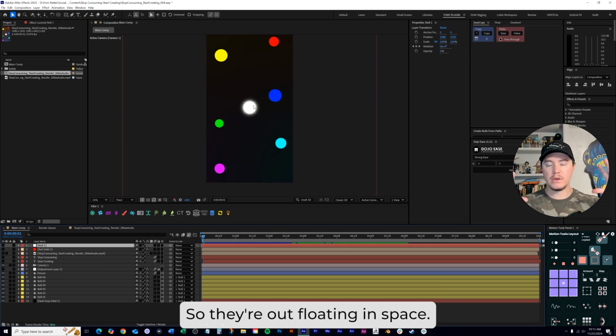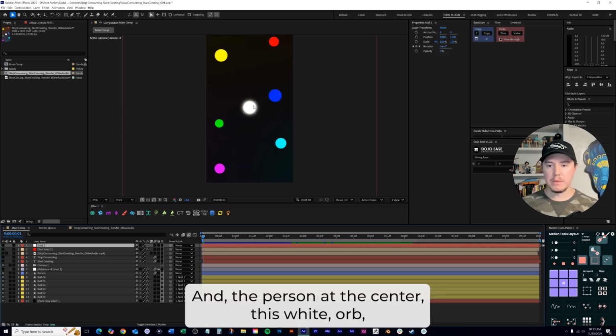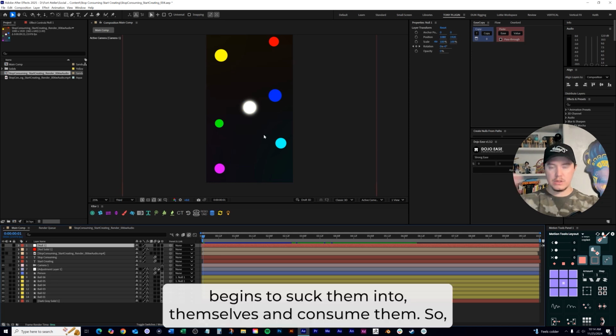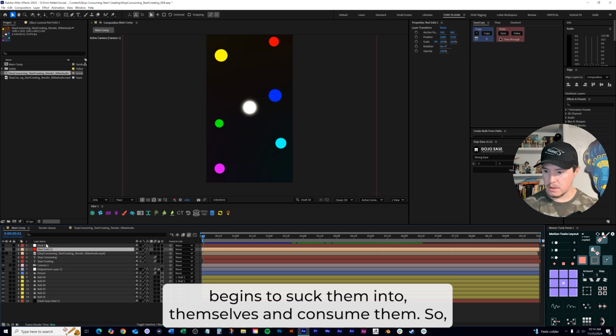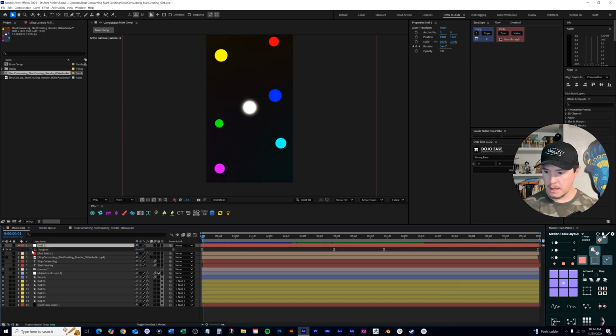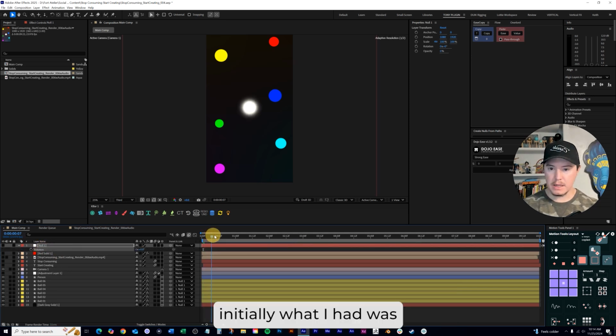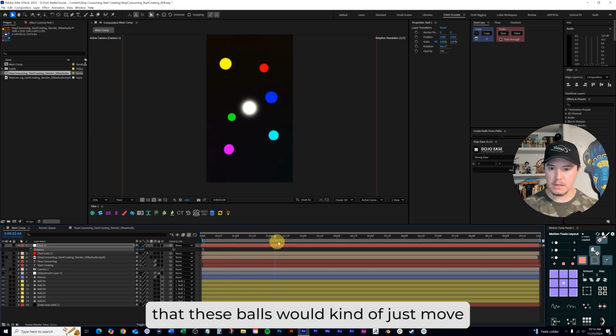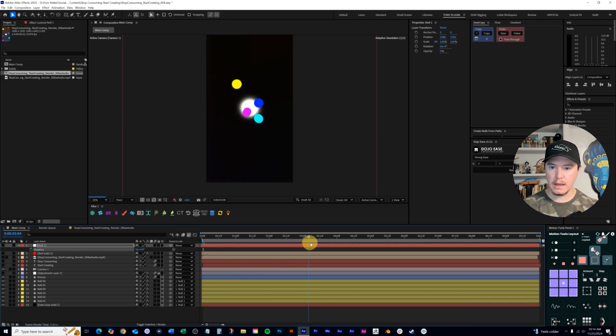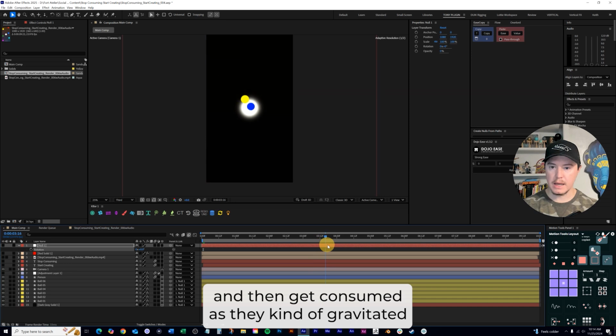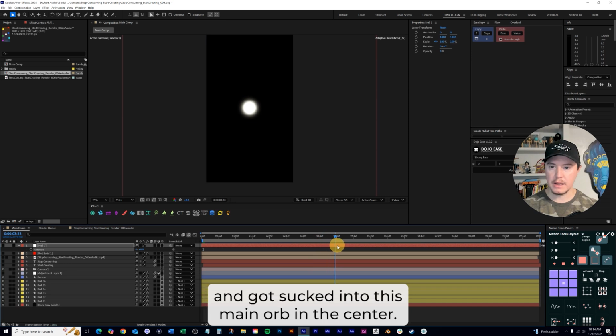They're floating in space, and the person at the center, this white orb, begins to suck them into themselves and consume them. Initially, these balls would just move and then get consumed as they gravitated and got sucked into the main orb in the center.